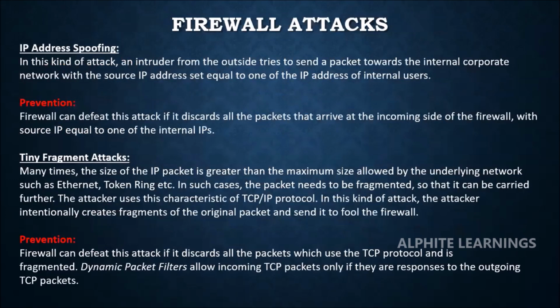And firewall attacks. Why we have included this here is that a firewall is a network device, and it will be like the first or second layer of defense for any organization. So without bypassing the firewall, you won't be able to reach the web servers or database or any other network components. Well, there are two types of major attacks to evade a firewall. One is IP address spoofing. Spoofing in the sense of duplicate. You could understand it as a duplicate.